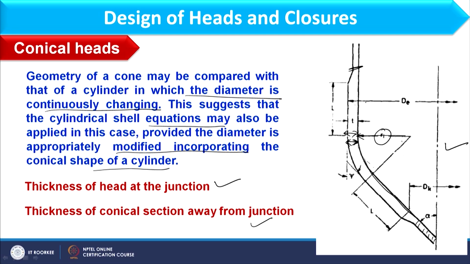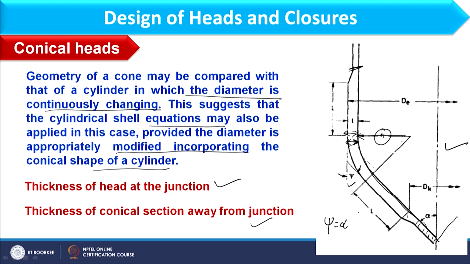DE, if you see, D is basically the outer diameter of head, and here we have dk. Dk is basically the diameter where I am computing the thickness, and alpha is half of apex angle. Usually this section is defined as the apex angle. So, alpha is half of apex angle, and in this case angle psi is also given. So, for this case psi is equal to alpha.